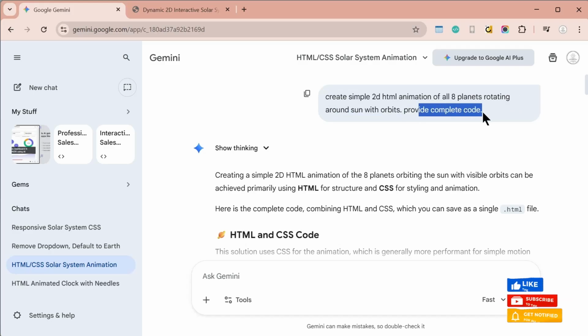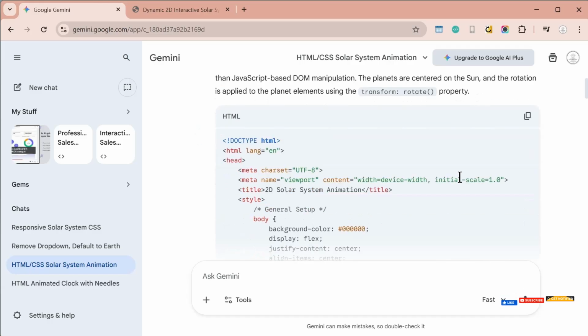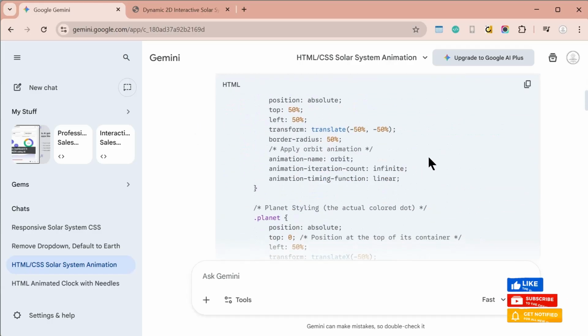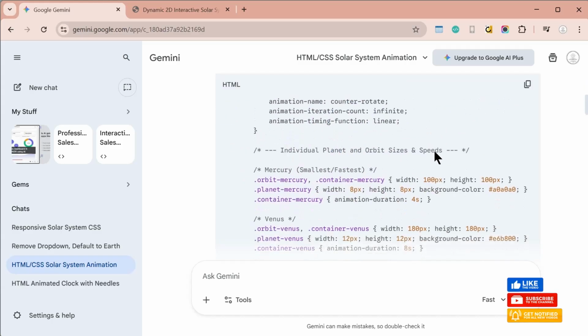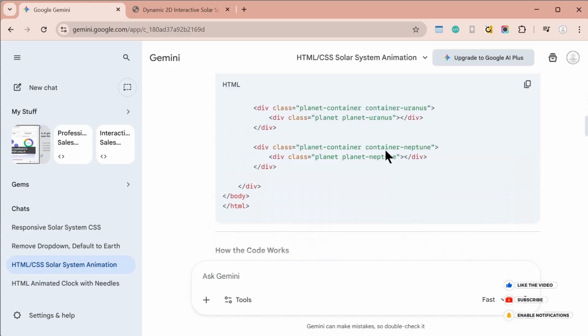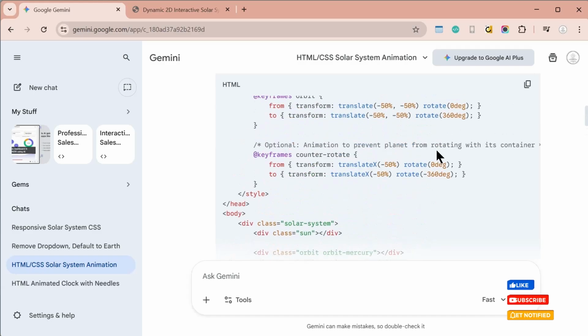Provide complete code. If you don't write provide complete code, it will start guiding you how to create the document and all that. So always ask it to provide complete code, so it will give you a complete HTML document. So this is the HTML document of our solar system,